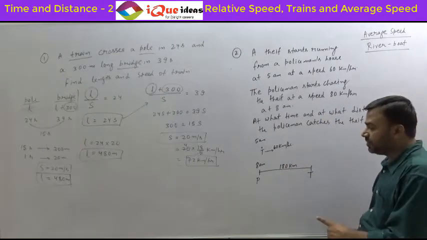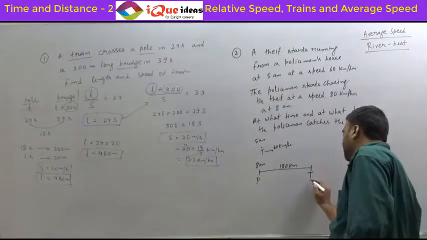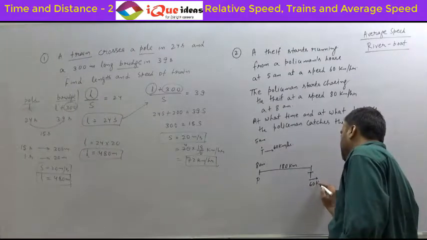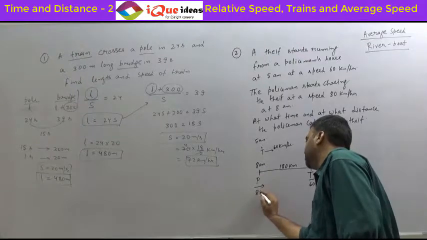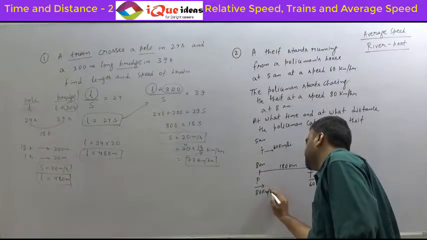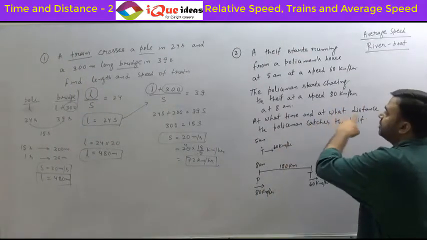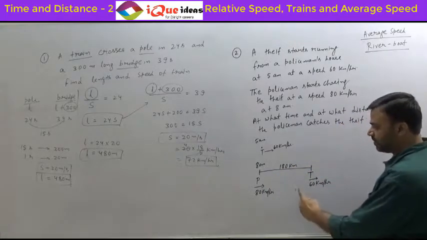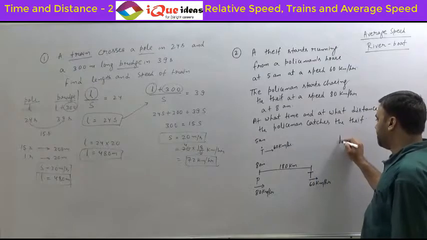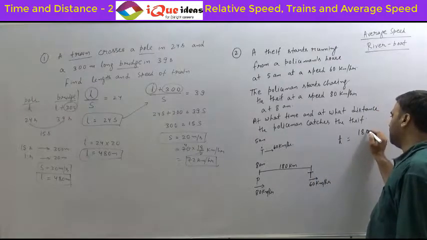So this becomes a situation of relative speed. The thief is running at a speed of 60 kilometers per hour. The policeman is running at a speed of 80 kilometers per hour. Because it says the policeman has started chasing. Chasing, that means he is running in the same direction. So right now it's a question of relative speed. So the time taken will be equal to the distance 180 divided by